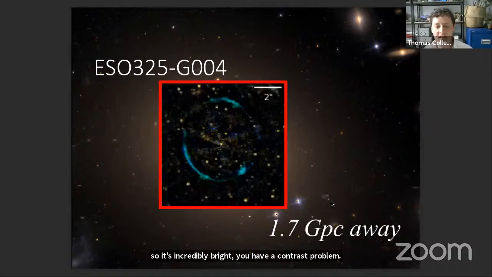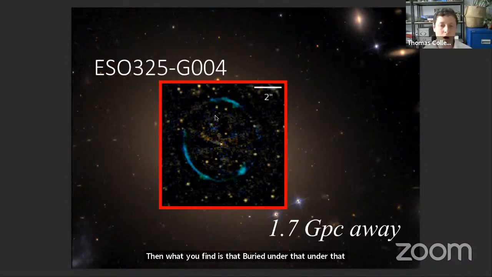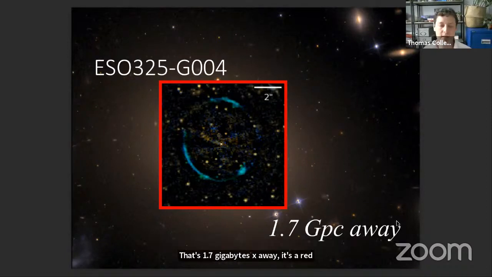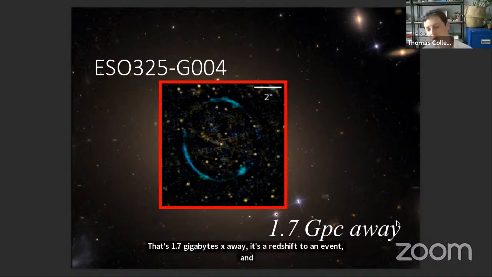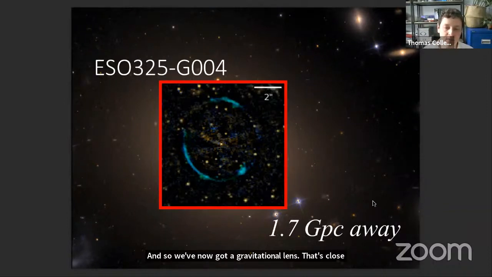But with the Hubble Space Telescope, if you zoom in on the center, fit a light profile for the galaxy and subtract it off, then what you find is that buried under that orange galaxy is this faint blue arc system coming from a galaxy that's 1.7 gigaparsecs away. It's at redshift 2 and a bit. So we've now got a gravitational lens that's close enough that we can really try and study the mass of